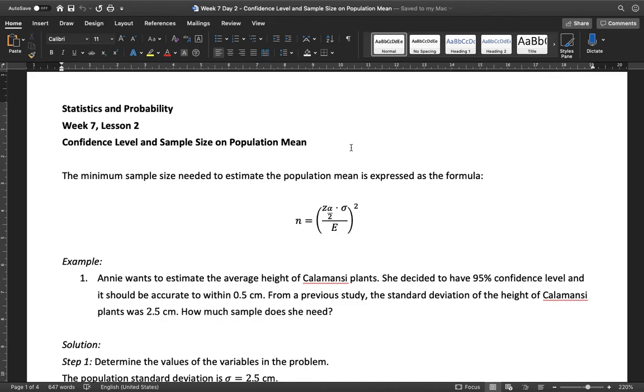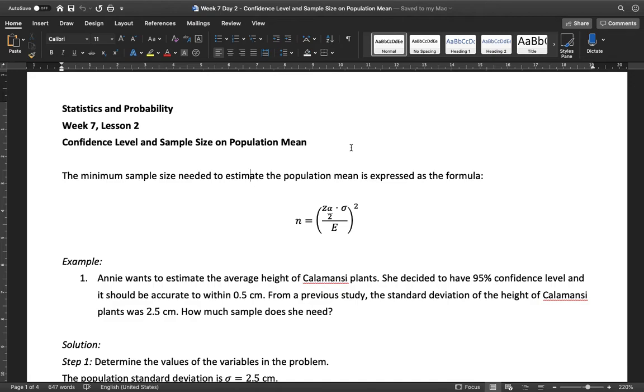Hey everyone, today we're going to discuss the confidence level and sample size on population mean. Dun sa last lesson natin, di ba, we've discussed the confidence interval on the population mean and population proportion. So, from there, nalaman natin kung paano may estimate natin yung population mean or population proportion. Now, in our lesson today, we're going to determine ilan ba yung kailangan nating sample size para ma-estimate natin yung